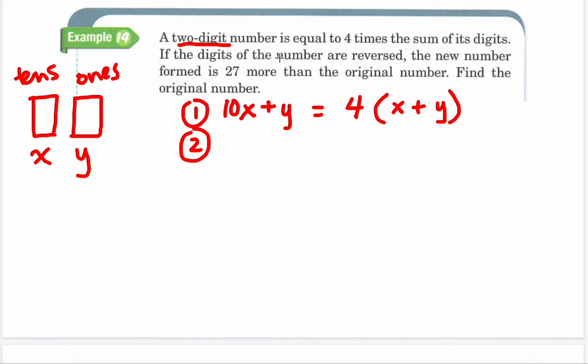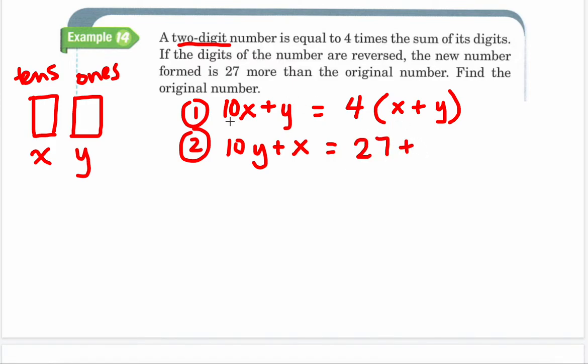So they are saying if the digits of the number are reversed, the new number formed is 27 more than the original number. Okay, so if the digits are reversed, that means now the y is in the tens place, and the x is in the ones place, so x would just be by itself. It doesn't need to multiply by anything. And remember, those two are added together to create that digit. The new number, which is this, equals